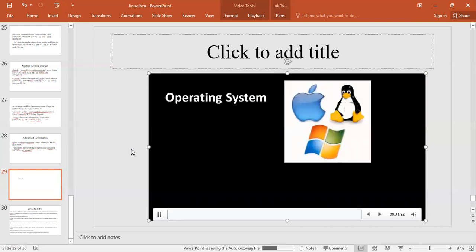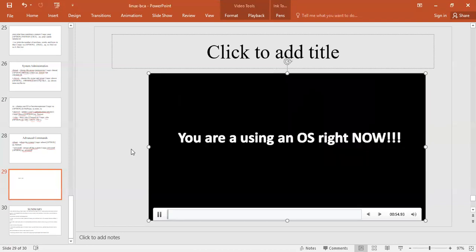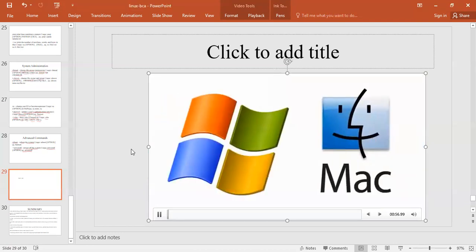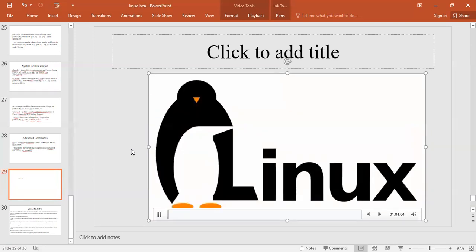A kernel is the program at the heart of any operating system that takes care of fundamental stuff like letting hardware communicate with software. So to work on your computer, you need an operating system. In fact, you're using one as you read this on your computer. Now, you may have used popular operating systems like Windows, Apple OS X, but here we will learn what Linux is and what benefits it offers over other OS choices.